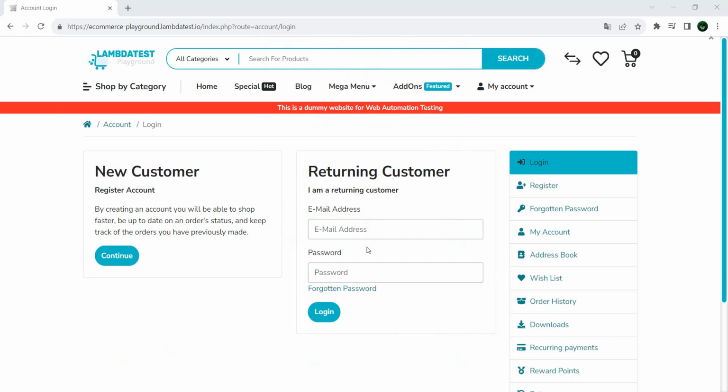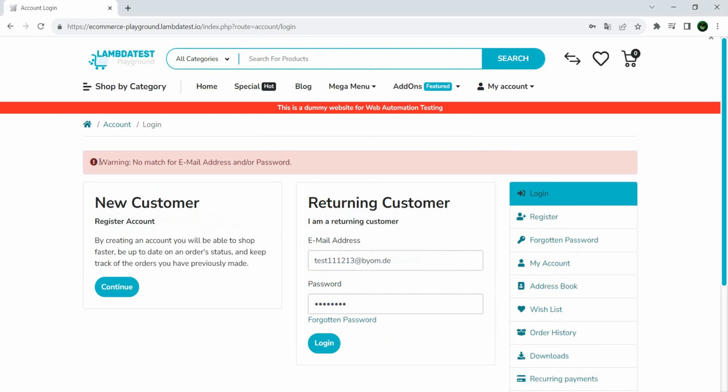I have here a website, and I have a very simple scenario. You enter an email which isn't there, right? An incorrect email, and you enter a password. So when you do now the login, you expect to get this error message right here. Now, what if